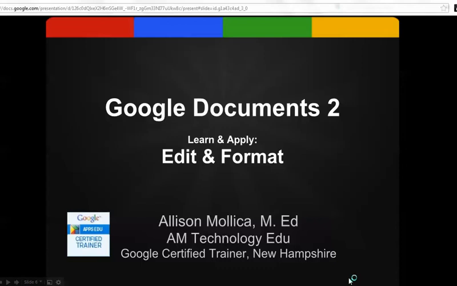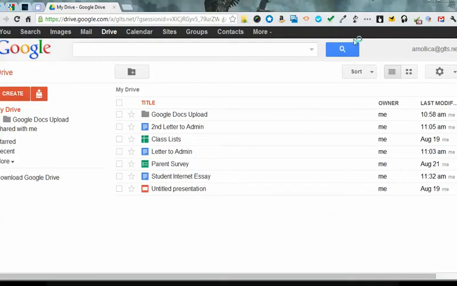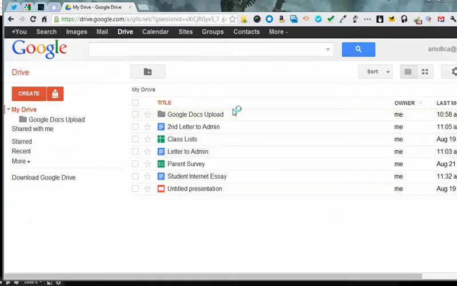In this Google Documents tutorial, tutorial 2, Learn and Apply, we are going to edit and format a Google document. And so let's go to Google Drive. And in order to edit a document, you need to actually have one. So for the purpose of this tutorial, I'm going to go ahead and open up a document that already has